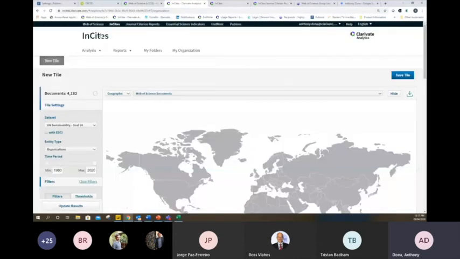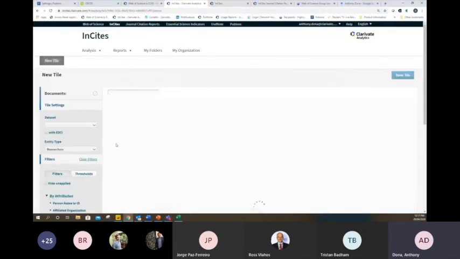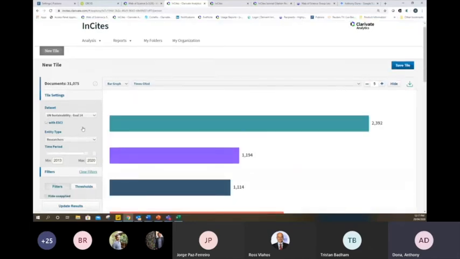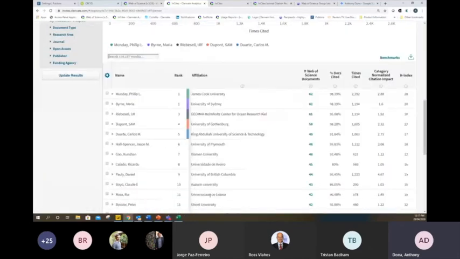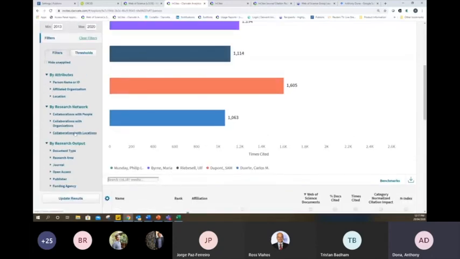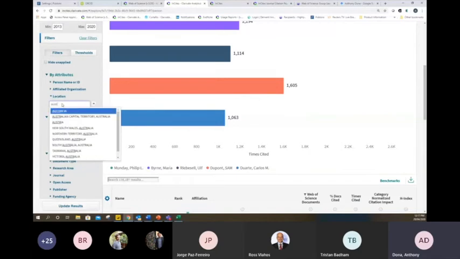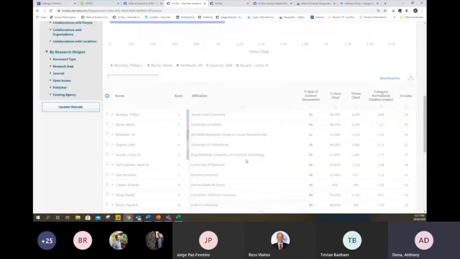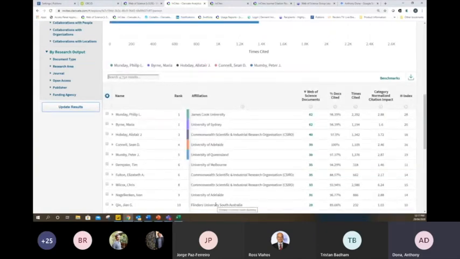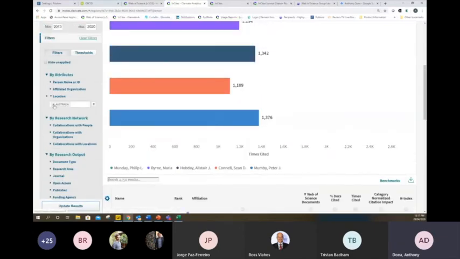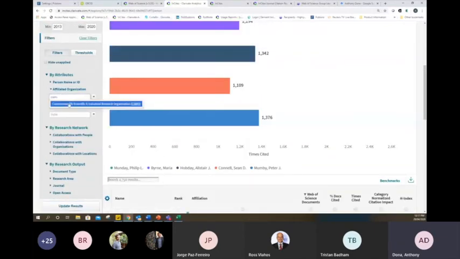Now, I sort of touched on this in the specific area of research there that I did, the UN Sustainability Goal. What I'm doing here is comparing researchers globally to other researchers in this very, very specific area of research, which is aquamarine sciences or whatever I searched by. I can also filter by Australia here or a specific organisation. If I wanted to compare researchers across Australia, I'm now going to only be looking at people who affiliate themselves with an Australian organisation.